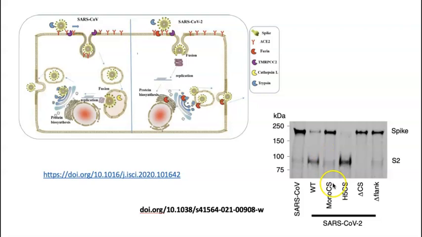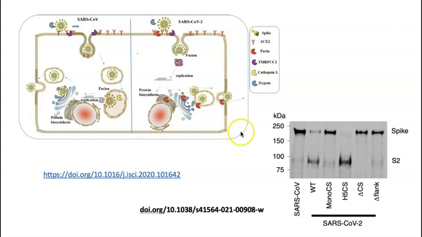When you create a Furin cleavage site with only a single arginine in it, most of the spike remains unprocessed, and very little cleavage happens. And again, cleavage is proportional to infectivity. The ability of that spike protein to be cleaved is essential for the virus to get into the cell and do